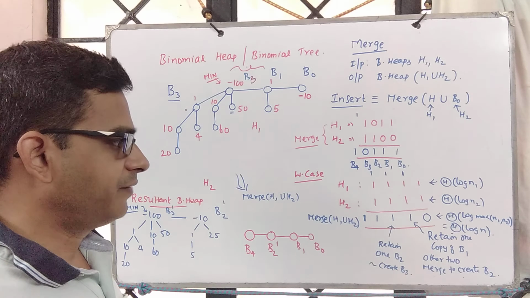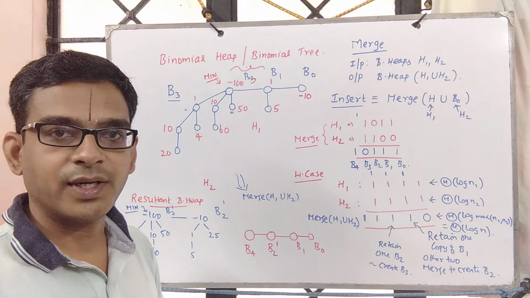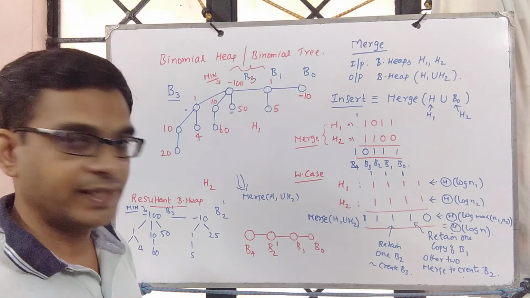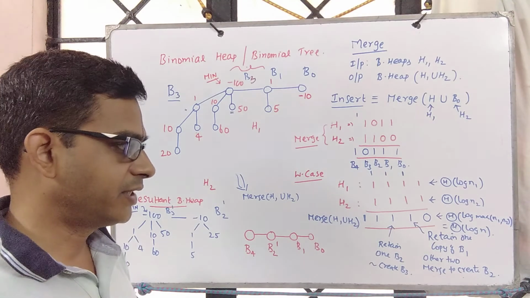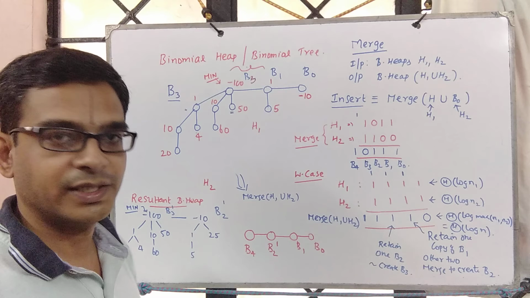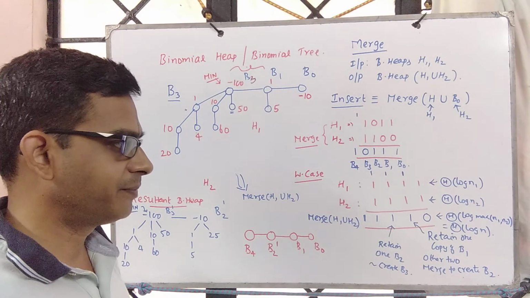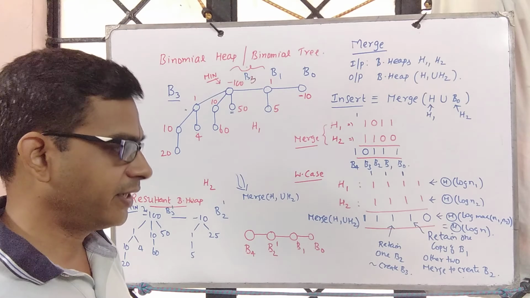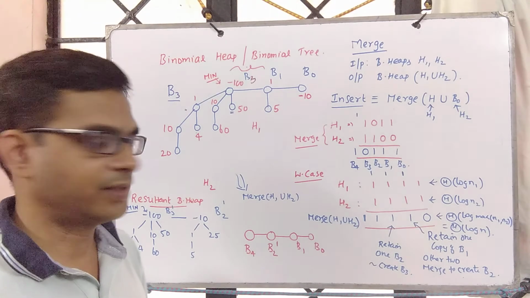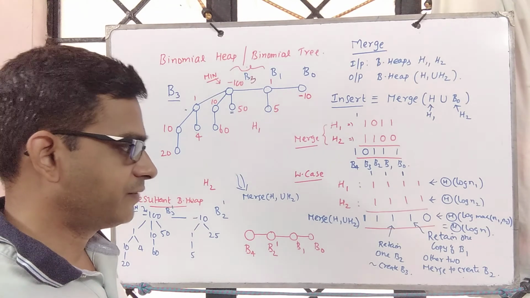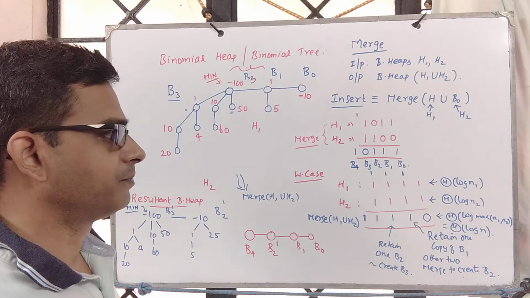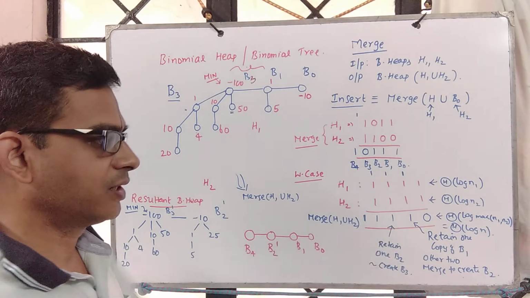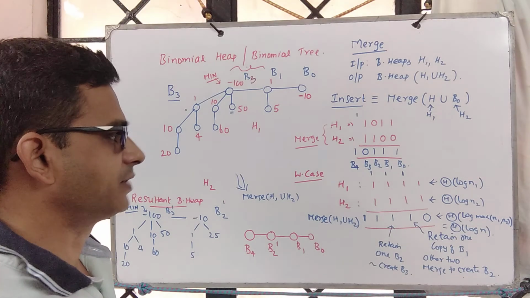Correct? Similarly, when we were given two arrays which are sorted, having the size m and n, we saw that we need m plus n minus 1, at most so many comparisons, to merge them to create a data structure or an array of size m plus n. And there also it is a function of m and n. But it is linear in input size, whereas this one is logarithmic in input size.